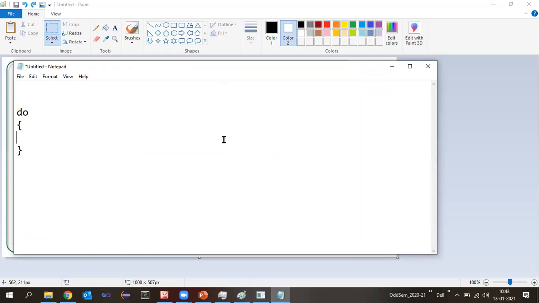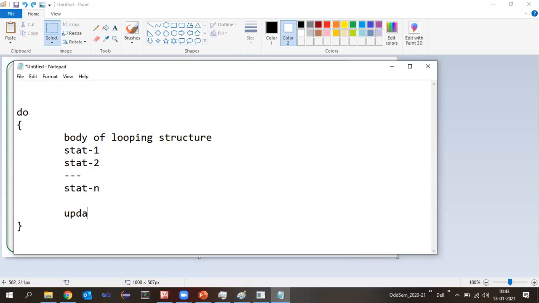This open bracket and close bracket indicate the body of the looping structure. Body of the looping structure means the statements which we need to execute, like statement 1, statement 2. I'm just writing in short words here: statement 1, statement 2, up to n number of statements, right? It is not that we need to have multiple statements only. We can have even one statement there as well. Okay, and then there should be one statement for updation, right? We need to do that updation, that is either increment or decrement. Okay. Now,